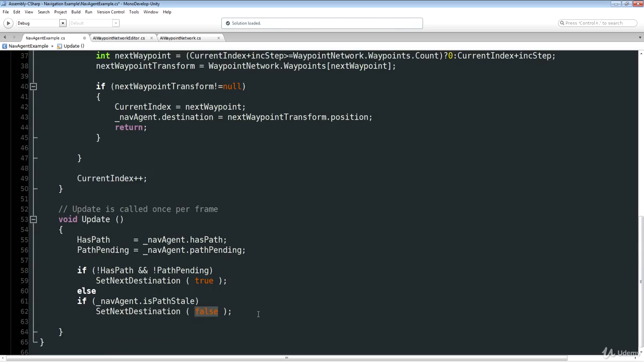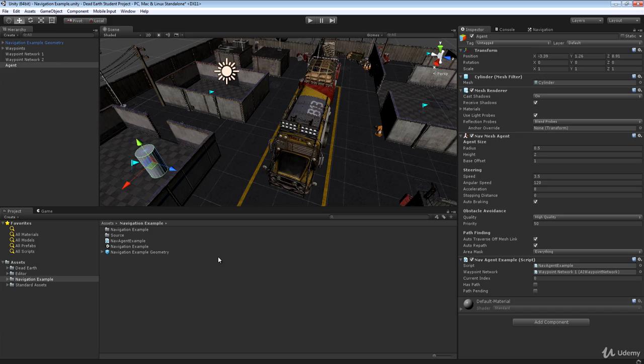And you will recall from a moment ago when we looked at that function that means that the current waypoint index won't be incremented. We're essentially saying, please reset the same target, the same waypoint for our agent, so it can regenerate a path to that same destination, but factoring in what may have changed with respect to navigation in the scene. So I could run that, but you're not going to see any difference, alright guys, because there's nothing